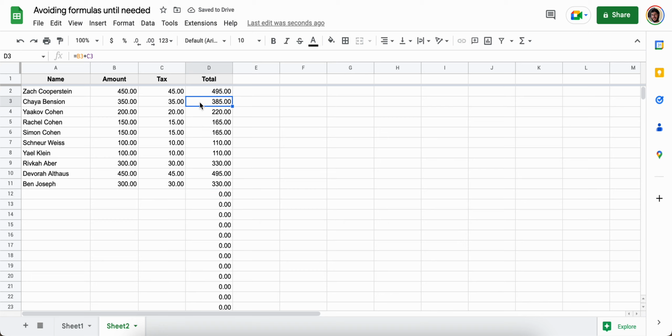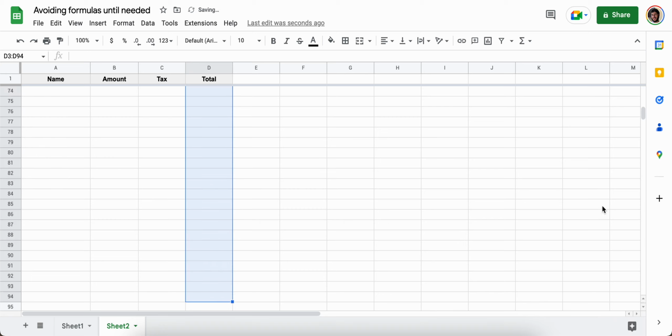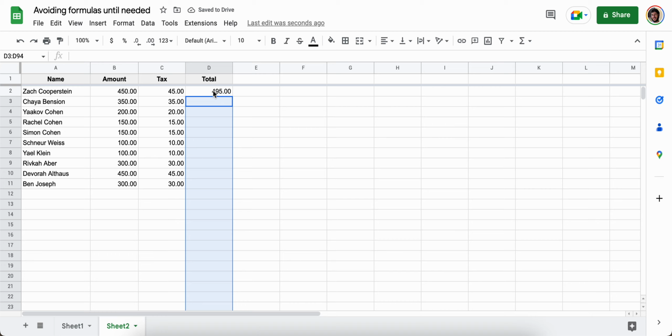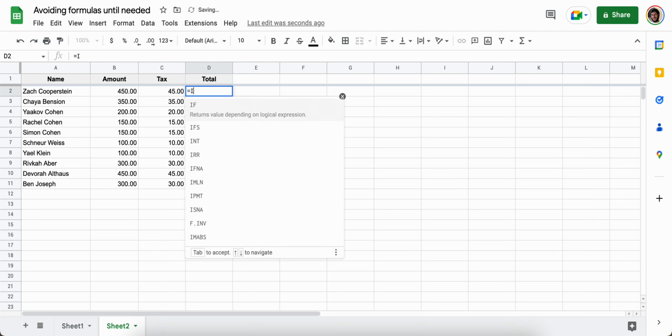So what we're going to do instead is use the IF function to only activate this formula when there's some numbers here. We can assume safely that as soon as a name comes in, their numbers also will be there. And then we can do the function. So let's start over here and do IF